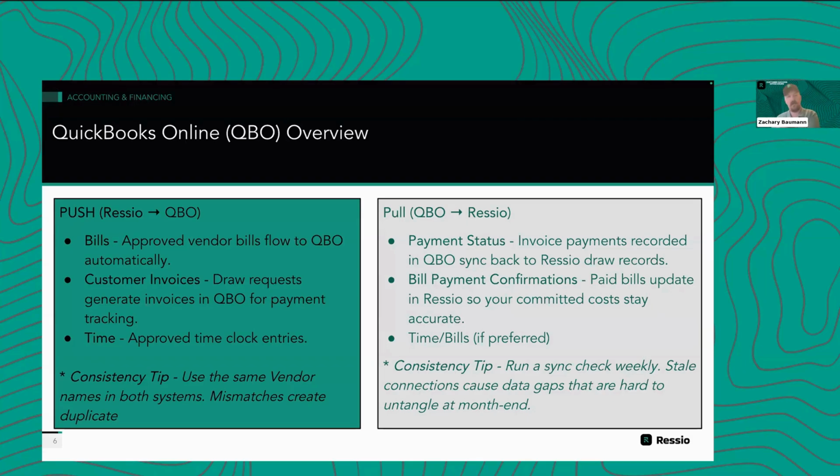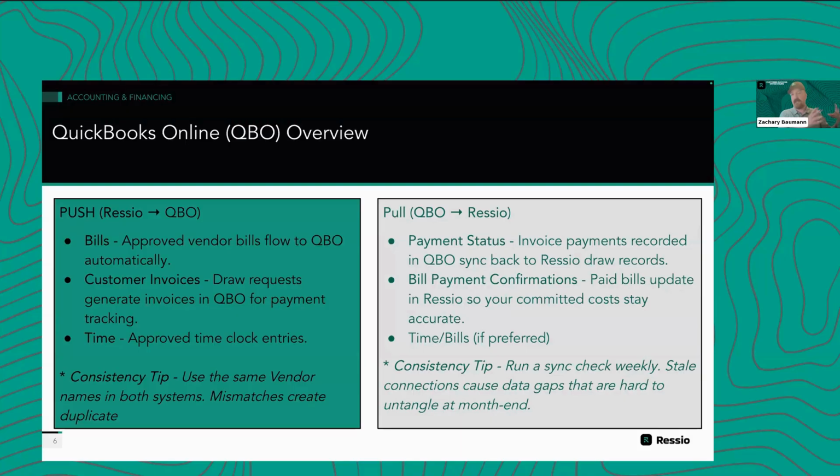One thing that we didn't call out here that we'll update the slide on is vendor credits are a little bit of a unique situation. If you are only using Ressio, we don't have a dedicated vendor credits module. So what you can do is simply create a negative bill. You can create a bill with a negative dollar value that acts kind of as a vendor credit, and you can credit that back on an invoice if you need to.